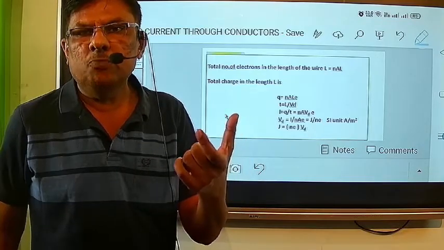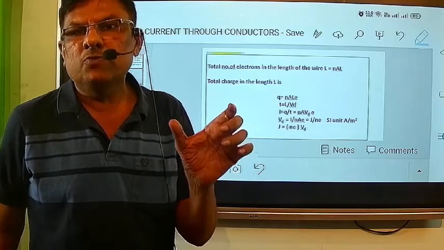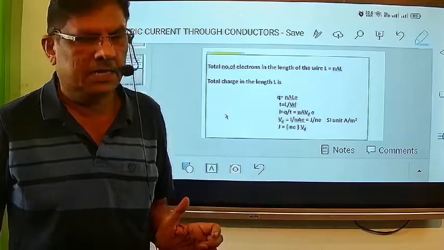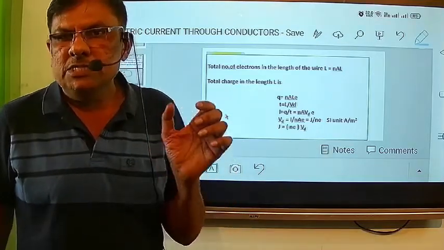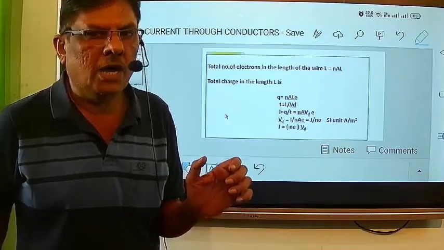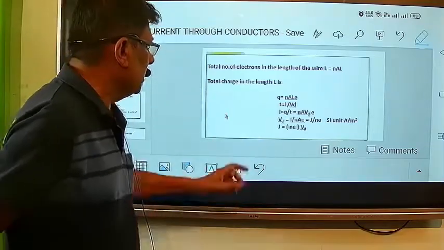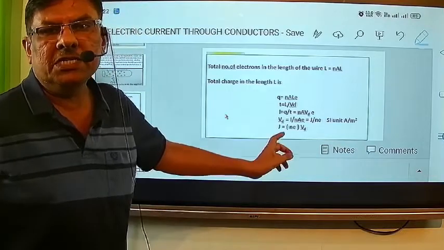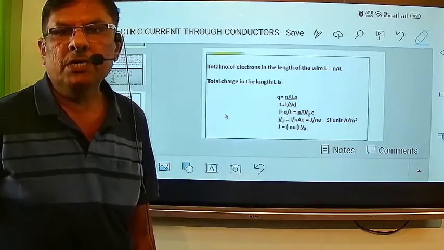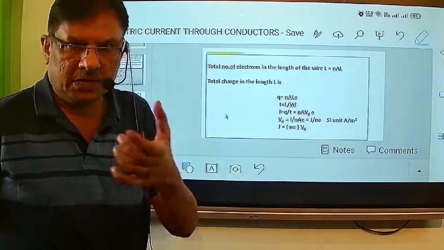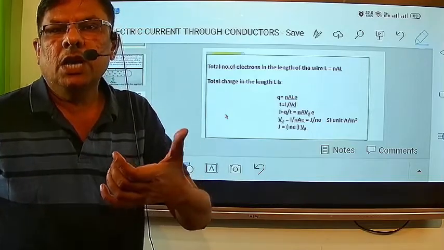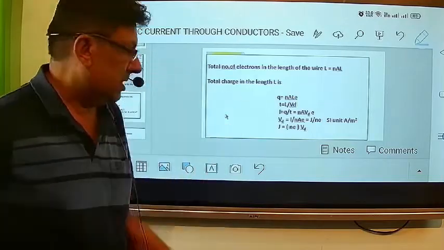Displacement will be the length of the conductor which we have taken. Time is in seconds, so now I want this formula in terms of time, that is T. So T is equal to displacement, which is the length of the conductor,